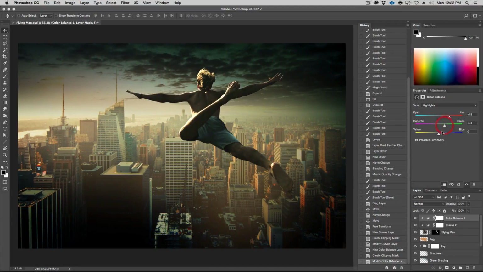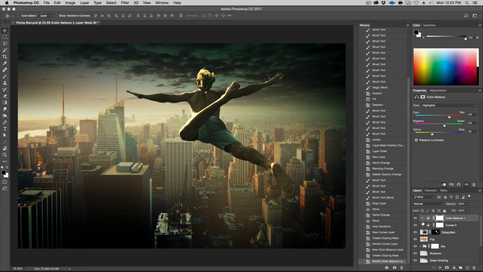Yeah, I like that. Something like this. And bring it a little yellow. Quite a lot, actually. Let's go up here, something like this. Let's see before, after. Yeah, you see it's starting to blend a lot better already. So I like that. Okay, all right, let's leave it at that for now.